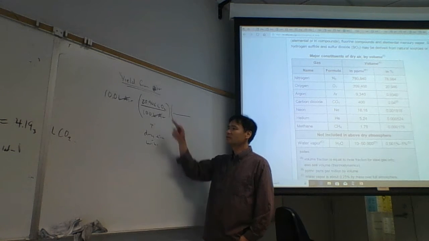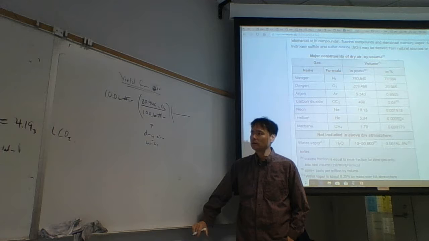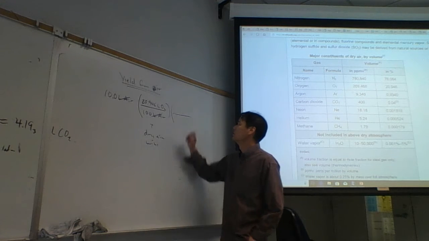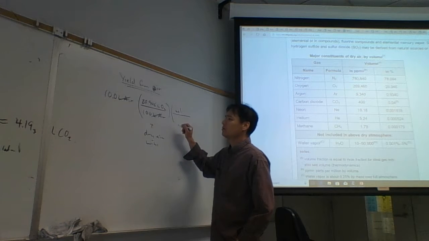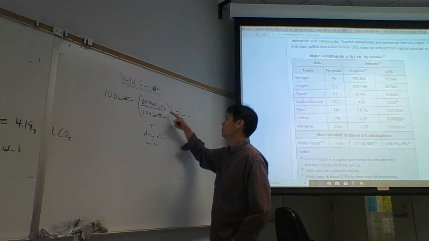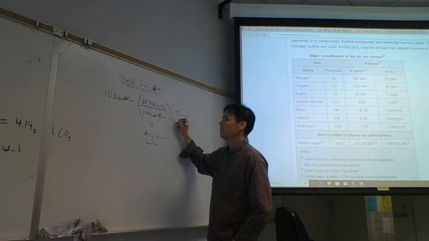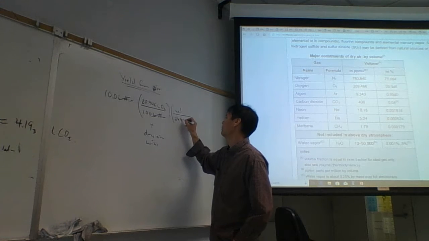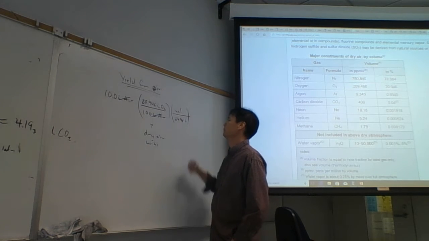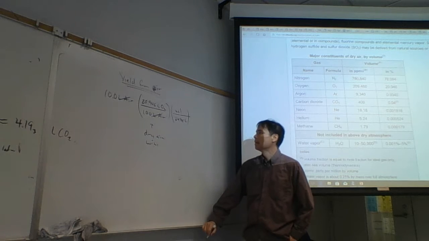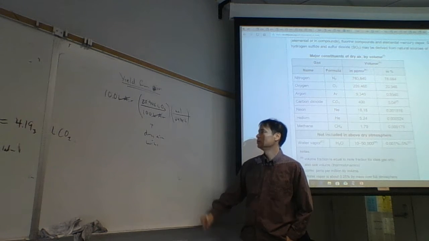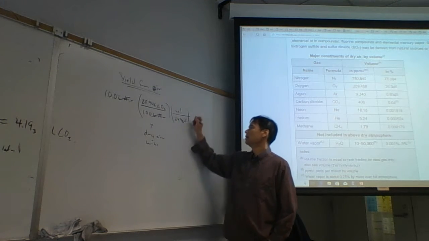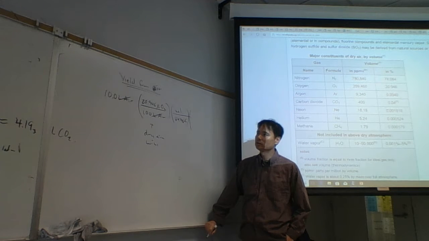And so now I have liters of O2. Where do I want to go now? To moles. Right. Since it's a gas, I can use the molar volume. A mole of O2 or any gas is going to occupy 24.45 liters. And so that takes us to moles of O2. Liters cancel. And then from moles of O2, I'm going to go to